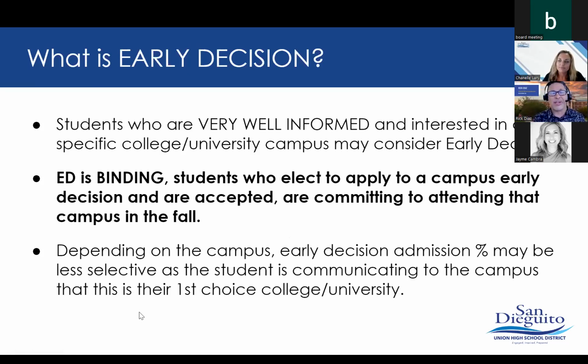Find out everything that is involved with that process, including the financial aid part. If financial aid is an issue, make sure that you have the financial conversation with your families about, if we don't get anything, are we still going to come? Because it is a commitment that you're making. If finances are an issue, don't do early decision. Do not. If you feel that, you know what, we can make it work regardless of whether we get financial aid or not, and you meet the other two that I mentioned, the social fit as well as the academic fit, then absolutely, positively, you should strongly consider early decision.